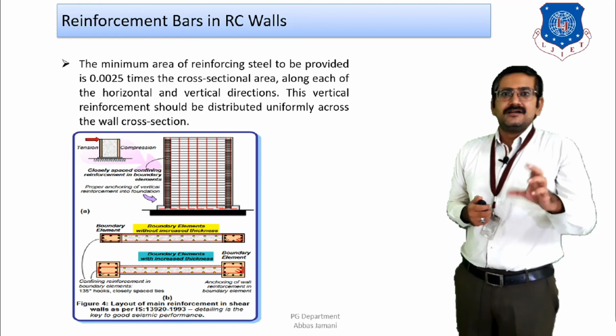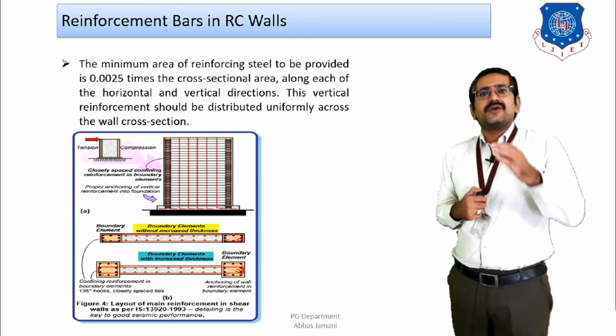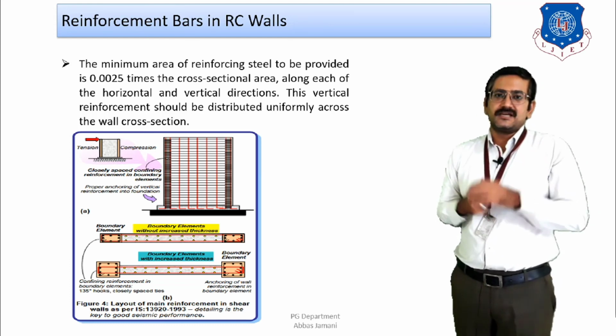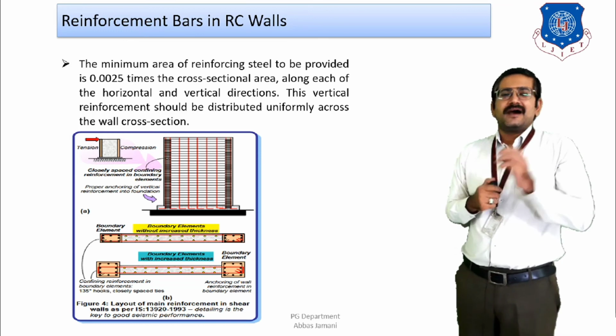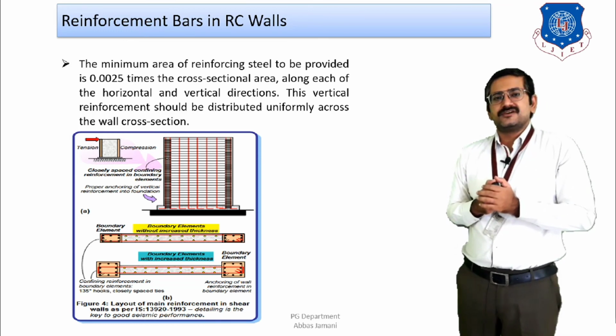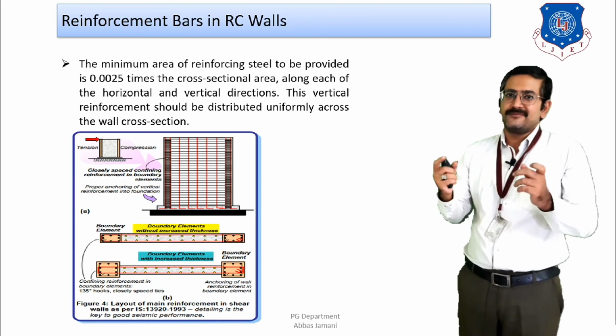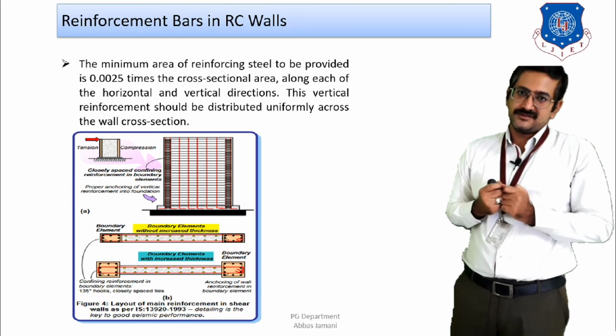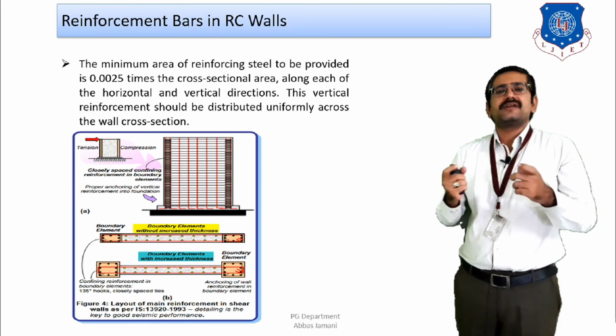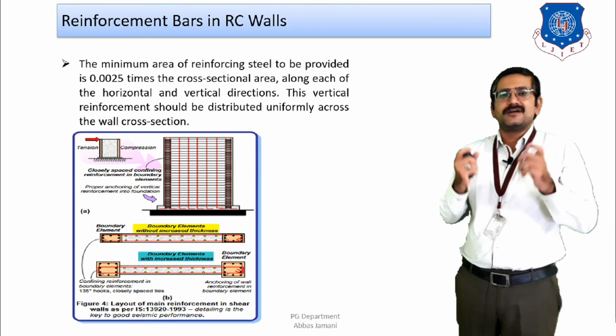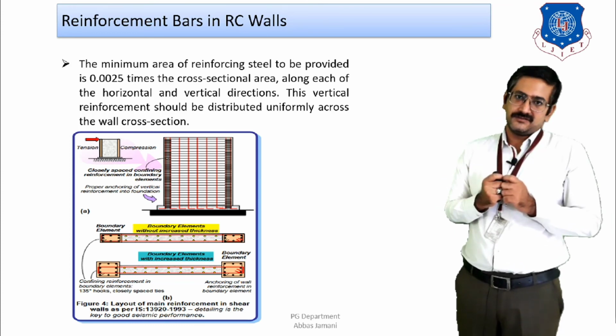And secondly, the code says that in order to enhance the performance or stability of the shear walls against sliding and overturning, IS 13920 suggests the provision of boundary elements at the corners of the shear walls. Now, what are these boundary elements? Boundary elements are basically nothing but columns that you provide at the ends of the shear wall, right?